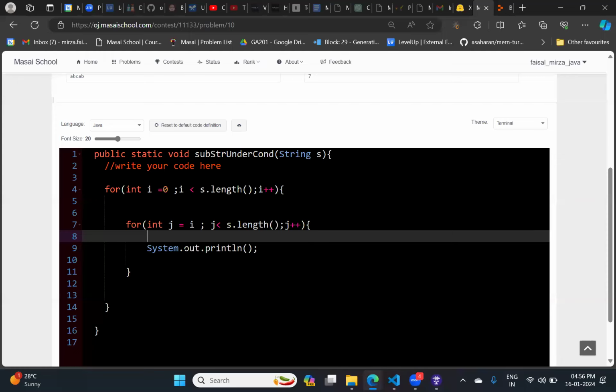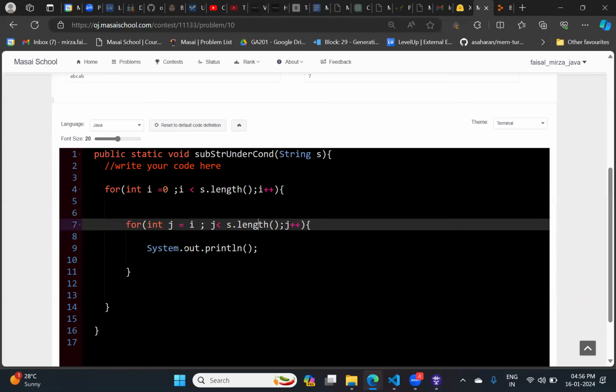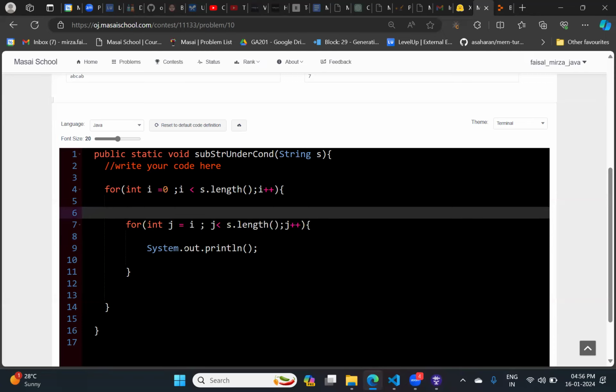Okay, but I want to use it later, so a variable to store the substrings. In that scenario, inside the first for loop, we have to write it, sir. Which type of variable do we have to take? An empty string, sir. What is the problem with this string? It will keep on changing the value.